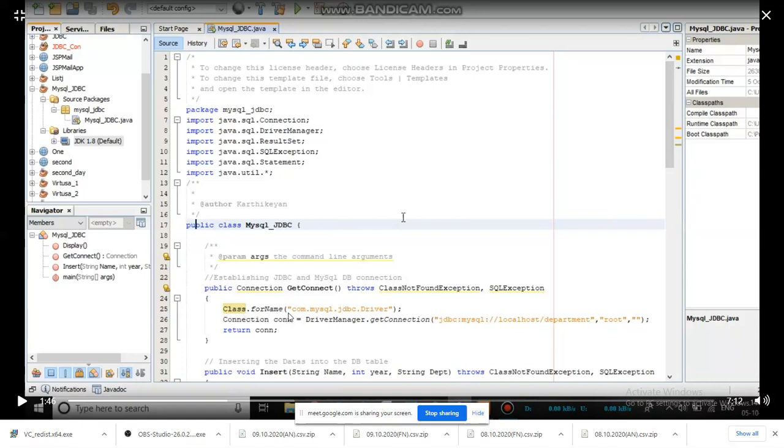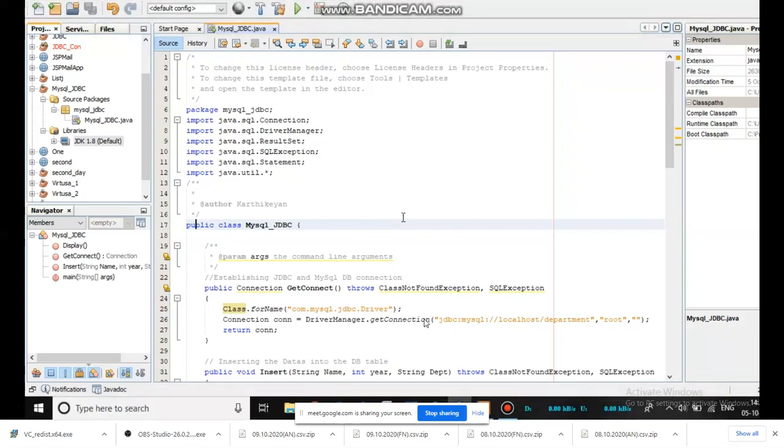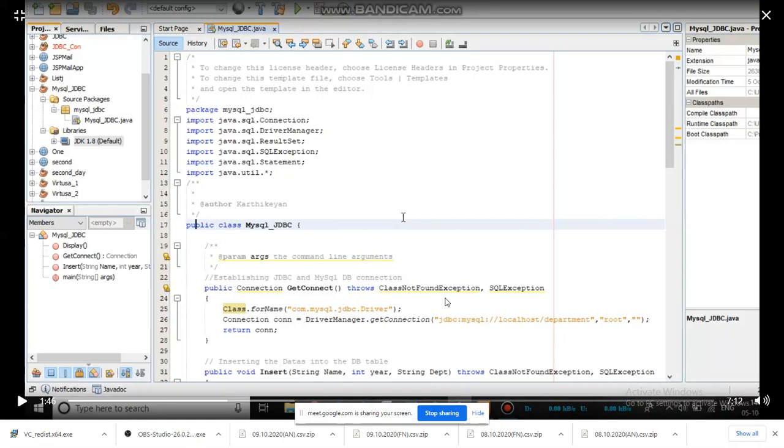Class.forName. See, he has written every step within a single function, or single method. I think he's a mature programmer, so he wrote like this. Since you are at entry level, you can write directly within main itself without writing functions, right? Because that's the starting stage you are working with. Otherwise, if you are going to use functions, no issues. You are always welcome, right? So Class.forName.